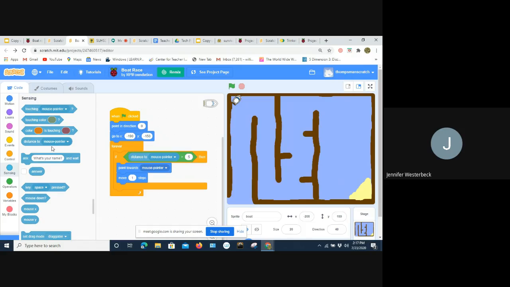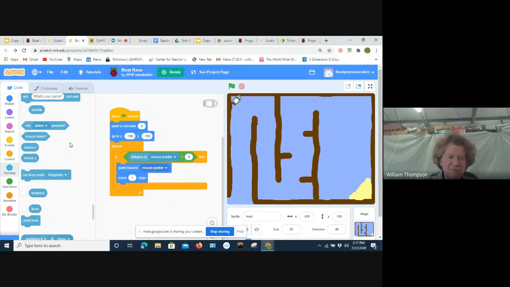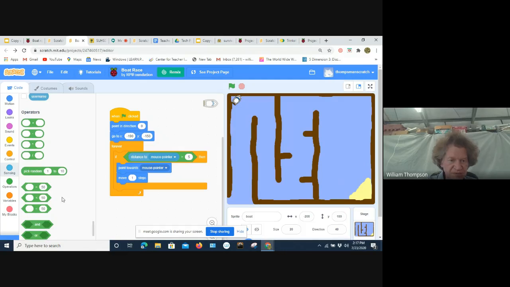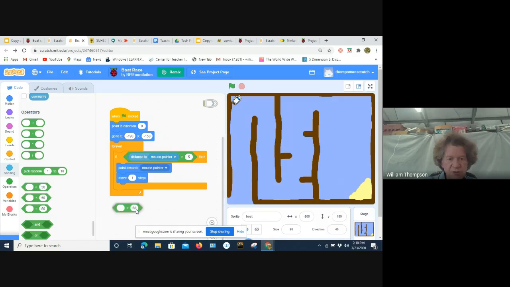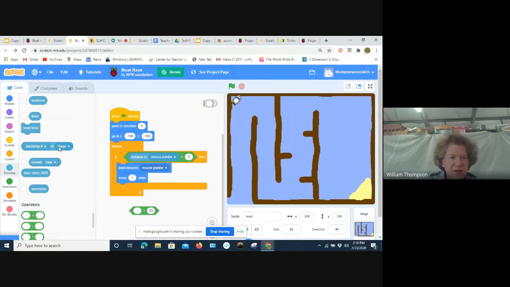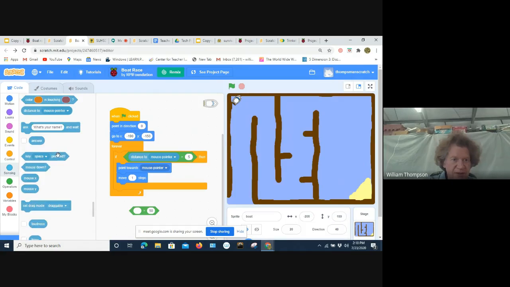Let me go back to look at yours. Okay, yeah. So after you get that, if you can still see my screen, the green block with pointy ends to it, you want to pick the greater than one, and then we put it into that block. Okay, got it. And change the number from 50 to 5. And as you put it into that block, sometimes it's hard to get it to go in, but you'll see a little white line around the circle when it's close enough that it'll plop in. So that's what it would look like when it's done.